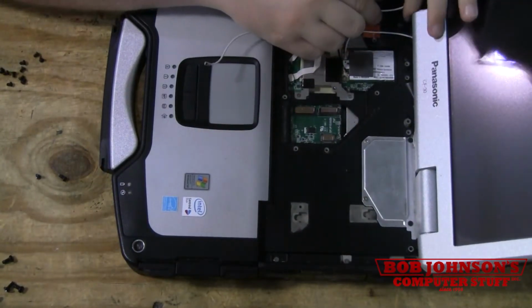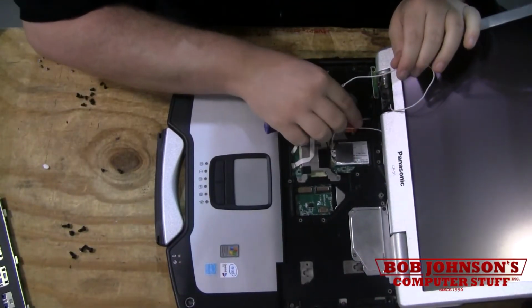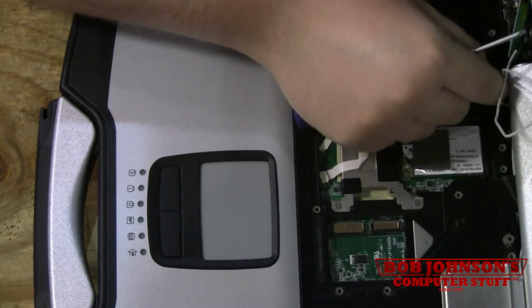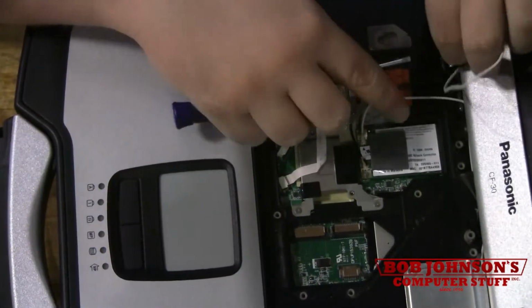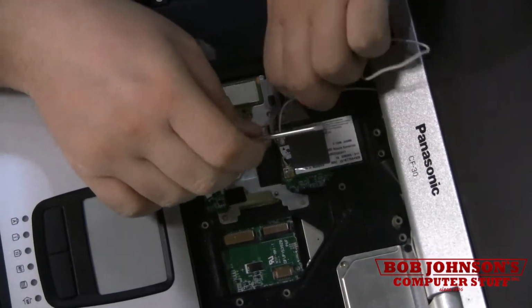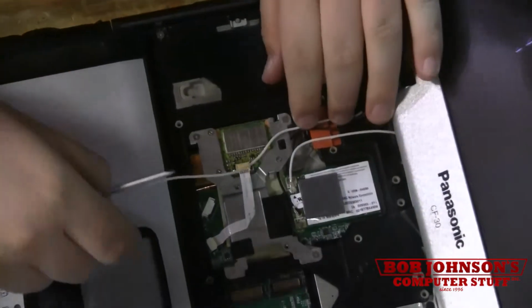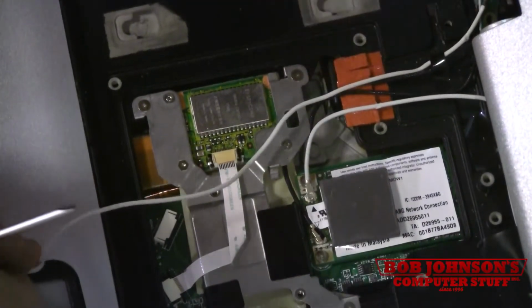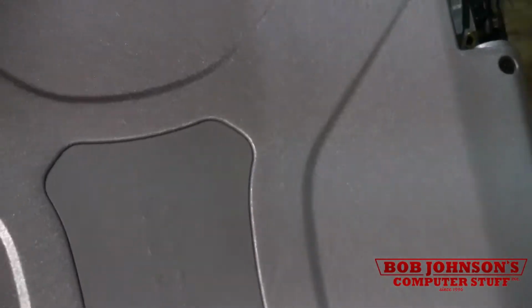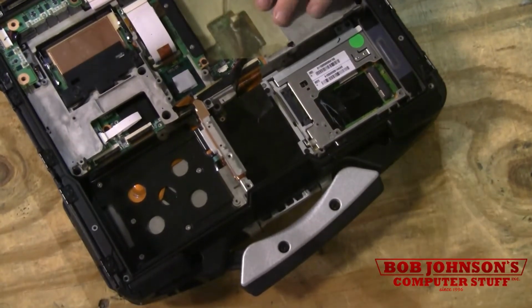Then you open it up here, and you feed it through that little black piece there. Hold it in place. And then you have to flip this back over. You have to take this off here,